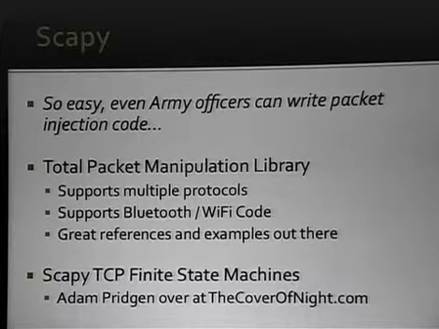So Scapy is great because it supports all of the protocols we want to talk on. When we want to pretend to be particular HTML traffic on TCP, we can tell Scapy exactly what we want, and it will work on both Bluetooth and Wi-Fi and IP. It will build packets exactly how we tell them to build them at all different layers. And there's a world of great reference out there if you want to write packet injection code.